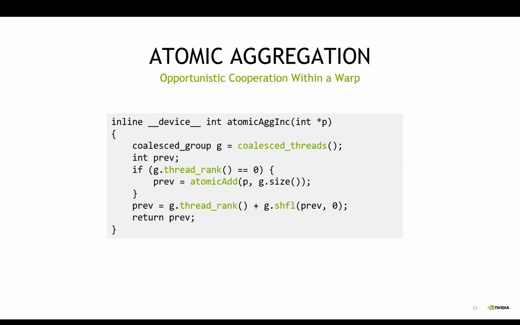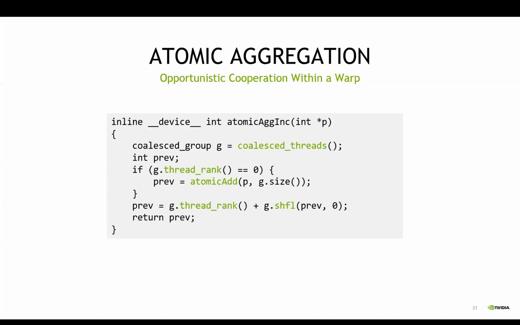However, we know from Module 5 that the performance of atomics is not necessarily the same as the performance of ordinary access to global memory. And so what I would like to do is use atomics sparingly. They're certainly valuable and nice to use, but I would like to, as much as possible, limit my use of them. So what we're going to do is observe that if I have a group of threads that are executing together,